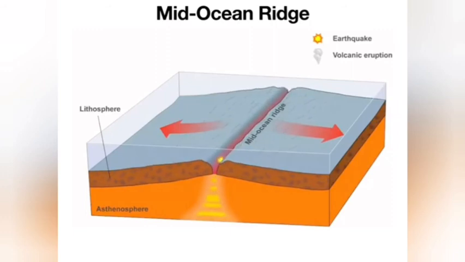Now there's a couple of tricky points here. One is not too bad, and that's the idea that the younger rock is always going to be found right along the ridge, because that's where all this magma is cooling to form new rock. As you get further away from the ridge, the rock age will increase. It gets older and older as you get further from the ridge.